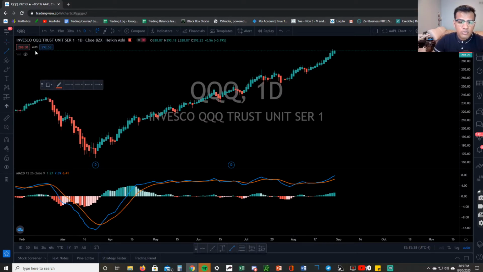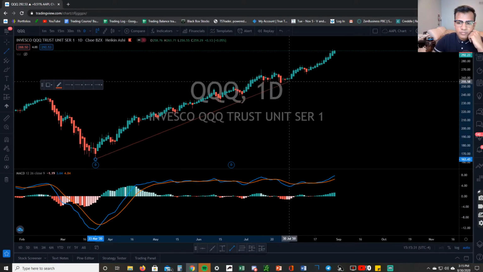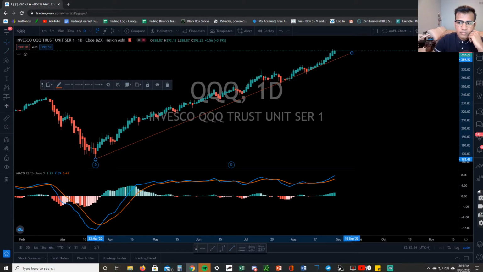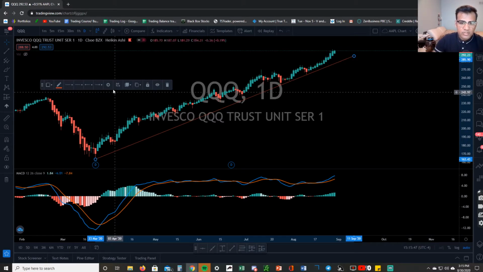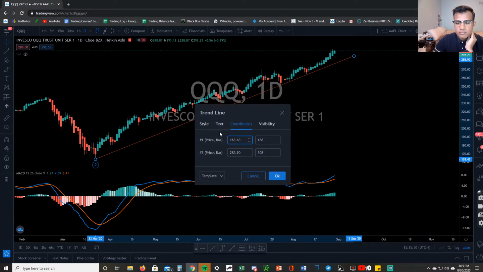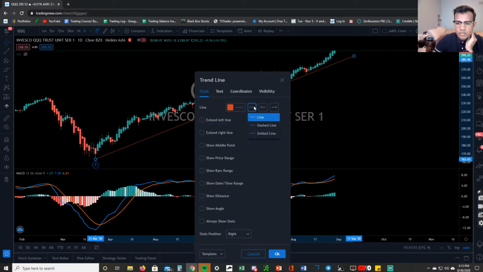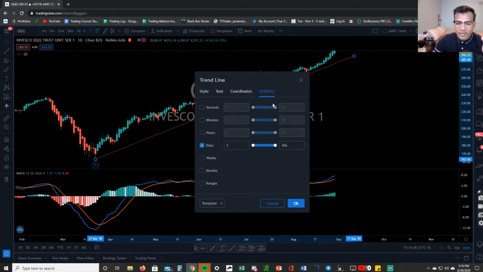So if I just want to draw a simple trend line, I can click that, connect the dots, boom. And then say if I ever wanted to edit this trend line, again, I can just drag it at any point. If I hit delete right now while it's selected, it deletes. Or if I want to change the settings for it and the style, what I can do is I can have a dash line, I can have a solid line, I can have an arrow. I can have it only show up on my daily charts or the minute charts or the hourly charts if I wanted to. If you click on visibility,